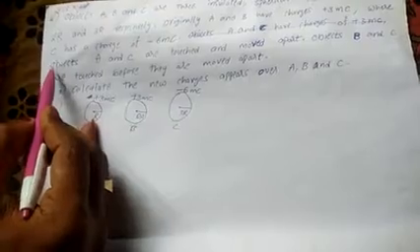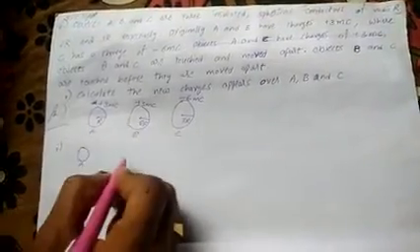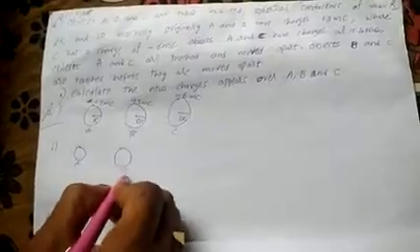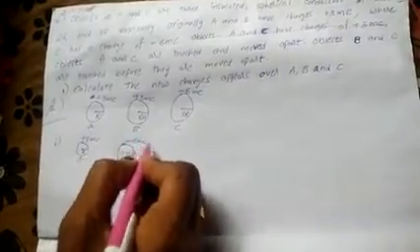Up to now we have discussed this. Now coming to the second part: objects A and C are touched. Initially, in part 1, we have taken two bodies, A and C. A has radius R, and C has radius 3R. A has a charge of plus 3 millicoulomb, and C has a charge of minus 6 millicoulomb.